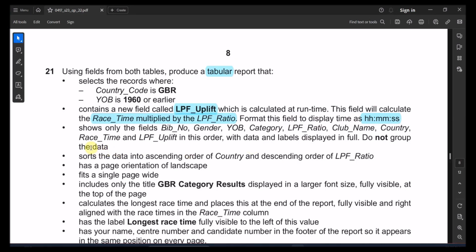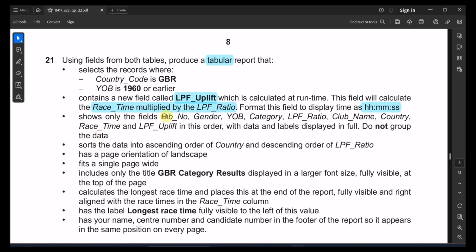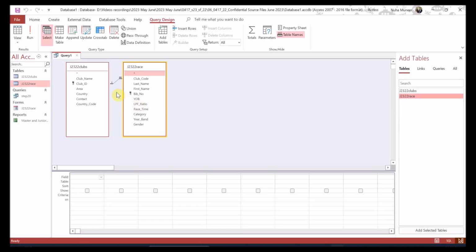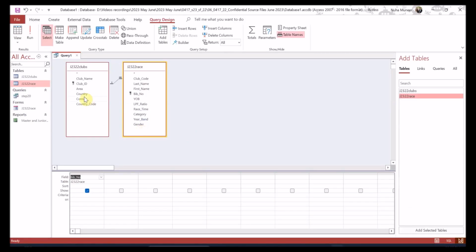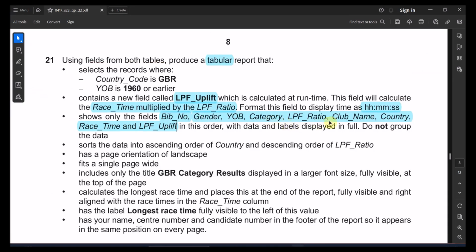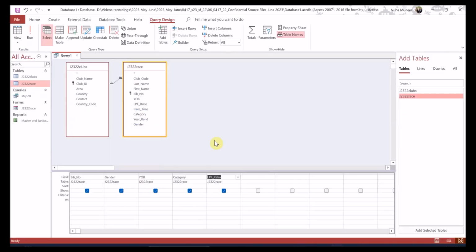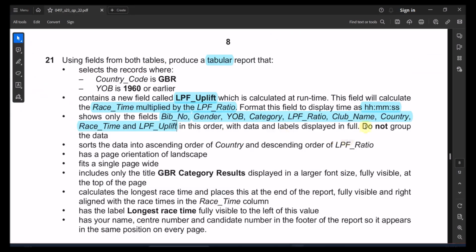Okay, and we need to show those fields. So first let me start with those fields. Let's start with the bib number, and then followed with gender, year of birth, category, LPF, club name and country, club name, country, race time,